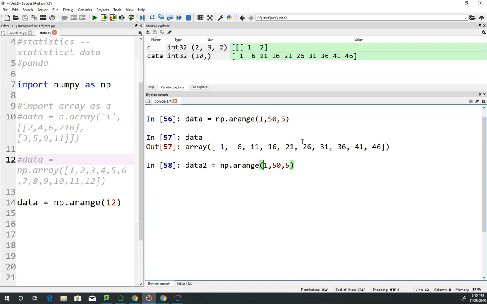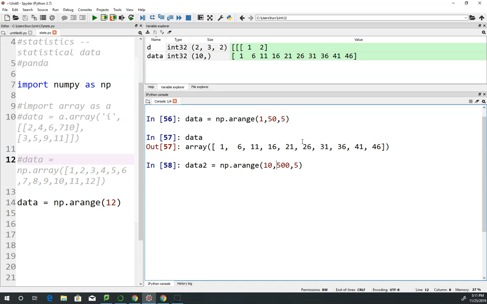Let's just say I want to choose from 10 through, that's what, 1, 2, 3, 4, 5, 6, 7, 8, 9. I have 10 numbers. I want to go from 10 to 50, 10 numbers, so let's go 500, 10 to 500 by,